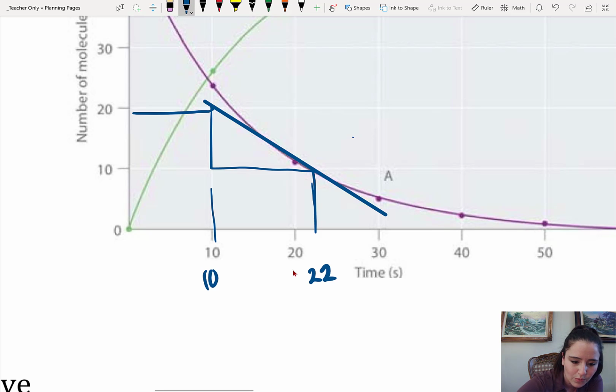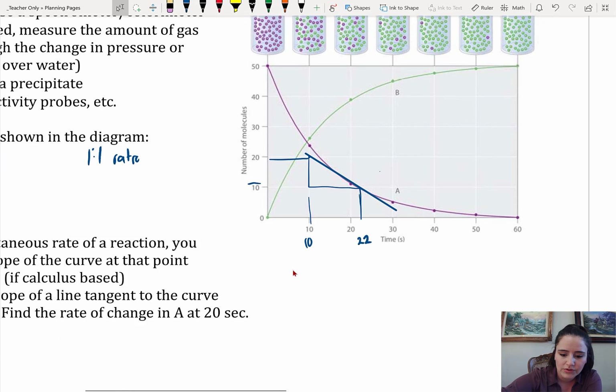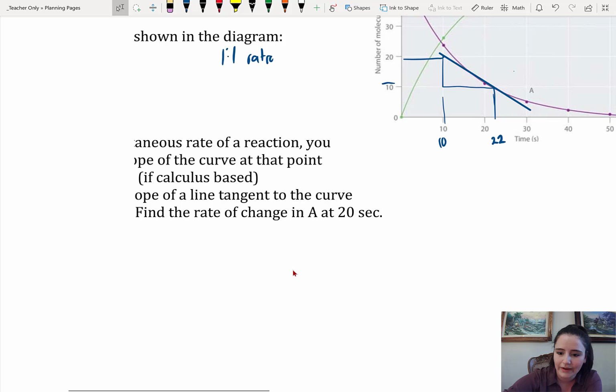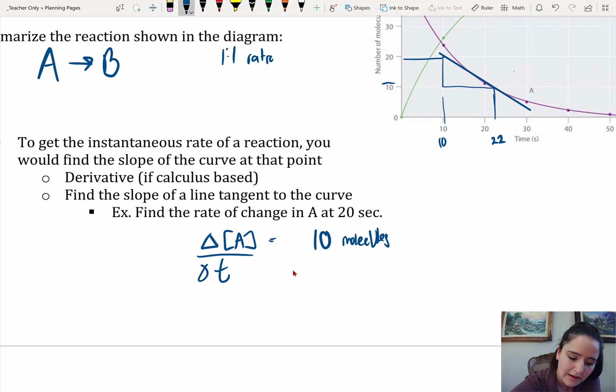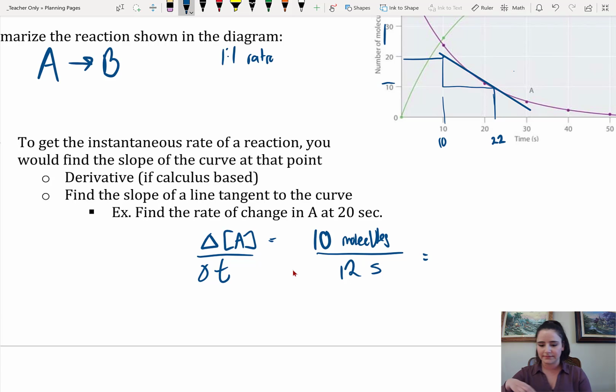And it went from 20 to 10, trying to make that easy. So the change in the concentration of A would be 10 molecules. Normally it'll be molarity, but for this, our y-axis is molecules, over 12 seconds,